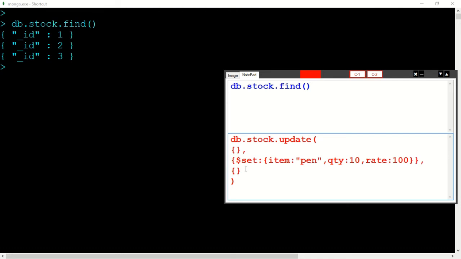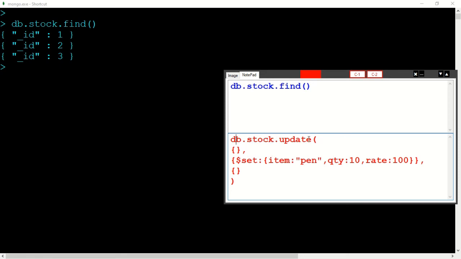The first and third parameters we are not giving right now. So this should insert these 3 fields, item, quantity and rate, into the stock collection.